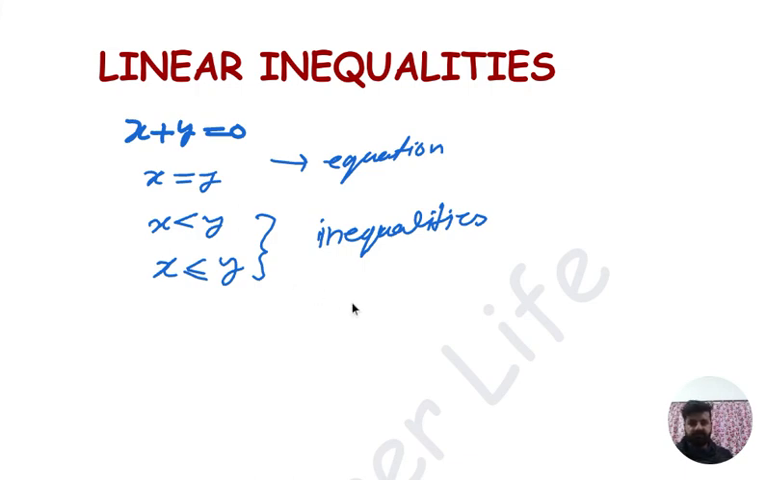Okay, and this inequality is called strict, and this inequality is called slack. Okay, now